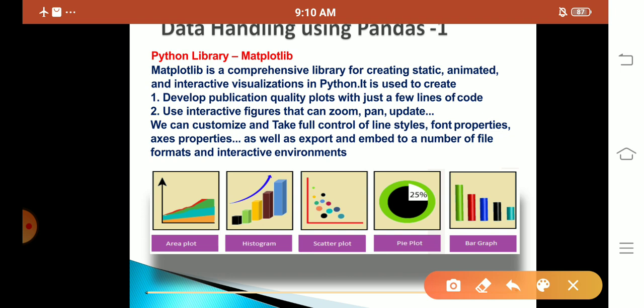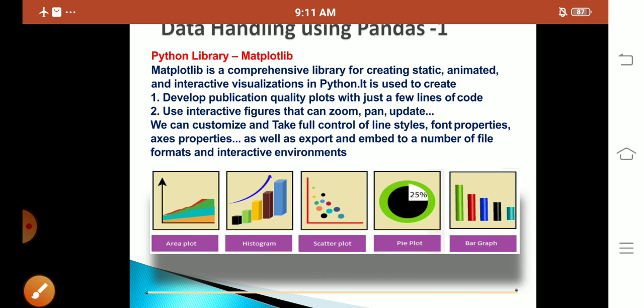There are various types of figures we can make using what? Matplotlib. Like area plot is there, histogram is there, scatter plot is there, pie plot is there, bar graph is there. So there are various types of figures we can make by using matplotlib, with few lines of code.